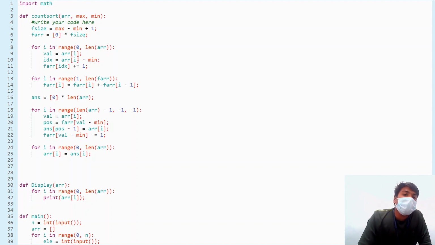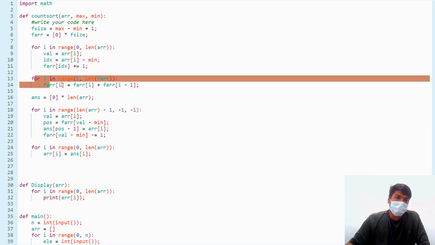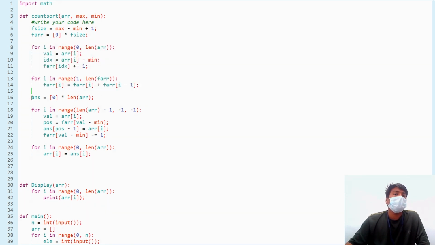So let us check it once. First of all, what we did, we made a frequency array, okay? Frequency array of size max minus min plus 1, gave it the size, and then filled the frequency, and then made it the prefix sum. Second step. Then the third step is made an answer array. Okay, made an answer array, it is clear. And then